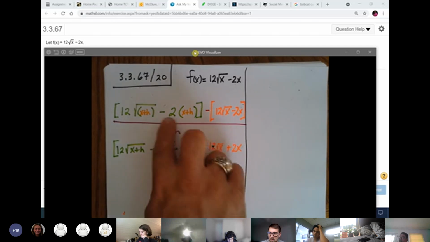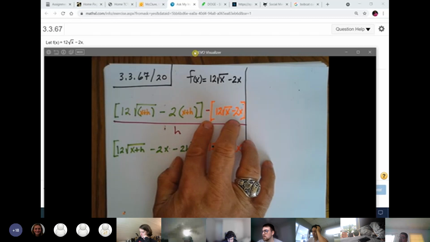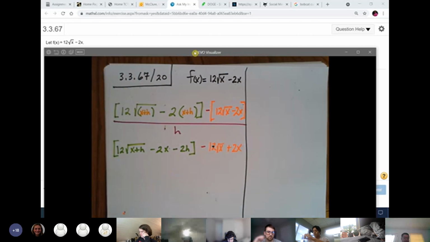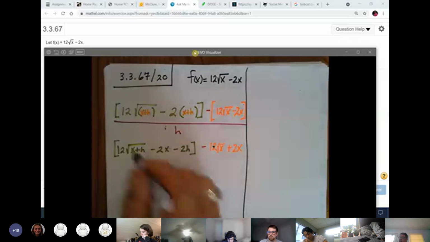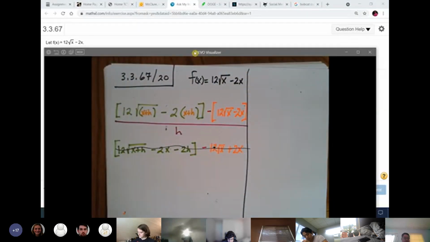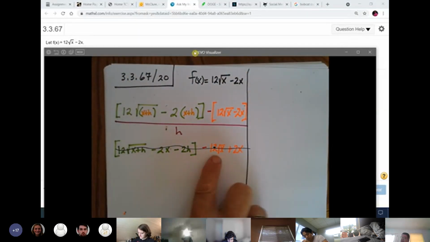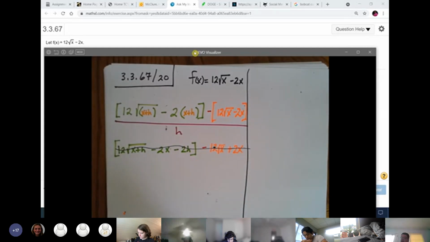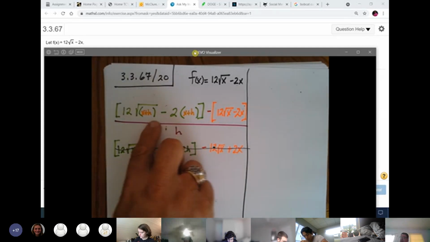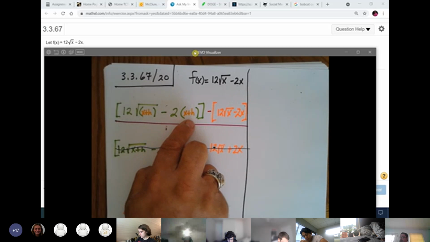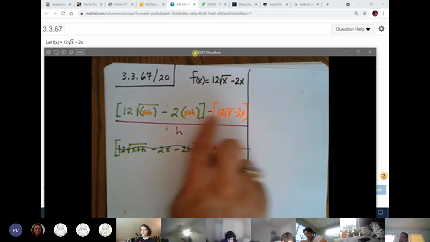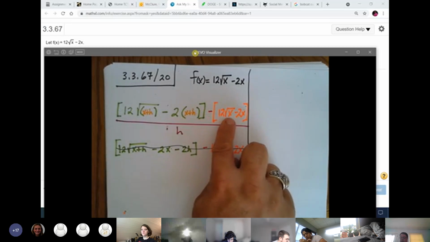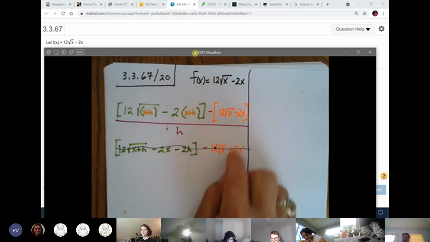I might want to leave it like this and do the conjugate. I think I will. I think I'll leave it like this and do the conjugate, because I see that that's not heading in the right direction. So the conjugate of 12 minus 2 is the green plus the orange. So I'm going to multiply by